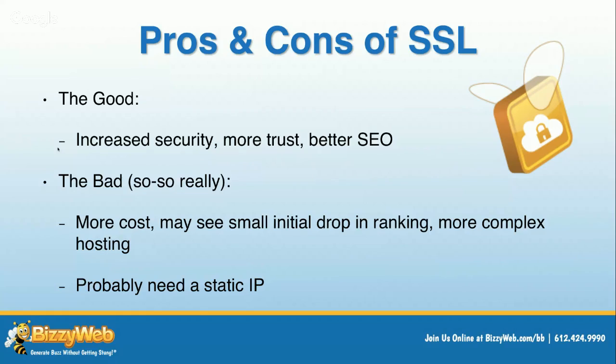So you need to get a static IP, and then you need to secure an SSL. Those are updated annually, both of those rentals, really. And in general, for BizzyWeb, for example, getting a static IP and an SSL costs around $160 per year. So, take that for what it's worth, but if you get better rankings, $160 is a very small investment if it can get you even 5 or 6 places higher in your search engine results, and if that turns into a few more sales or a lot more interest.